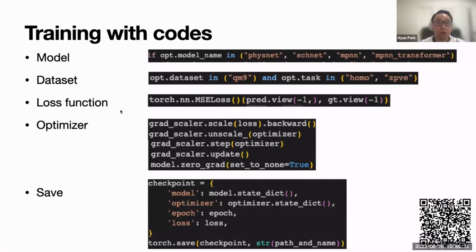And we want to choose a loss function. This is an objective function. Once our neural network makes a prediction on the property that we are interested in, we also want to make sure that this prediction gets better over and over again as you keep training. And you want to compare it with the ground truth, which is coming from this database. And then you want to minimize the difference between ground truth and our prediction. That is what we call loss function. MSE stands for mean squared error, which is literally the square of the difference between the prediction and the ground truth. And optimizer is